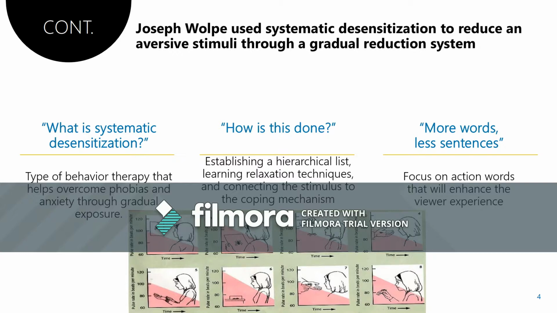This desensitization method is best utilized when clients are directly exposed to the stimulus that invokes the fearful or anxiety response so that they can be paired with inhibitory responses. For example, if you had a fear of spiders, systematic desensitization could begin with you actively looking at a picture of a spider. This isn't so scary, but as time goes on, the presence of the spider will progressively increase in your proximity until you are finally able to hold it in your hand, thus curing your phobia.